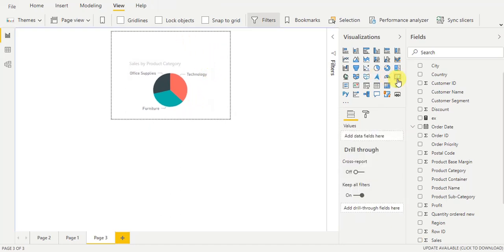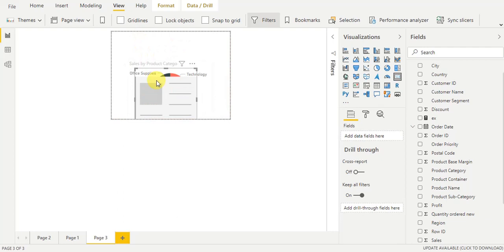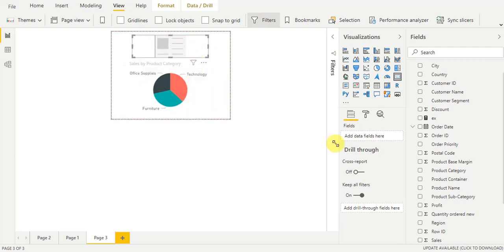So for this I took one card visual, and I made it small, and then I drag the sales column here. So you can see here the total product category sales is 1.92 million, right?